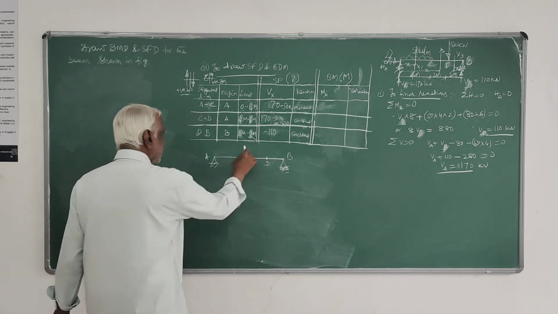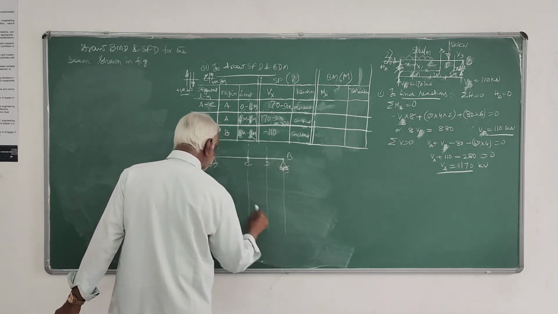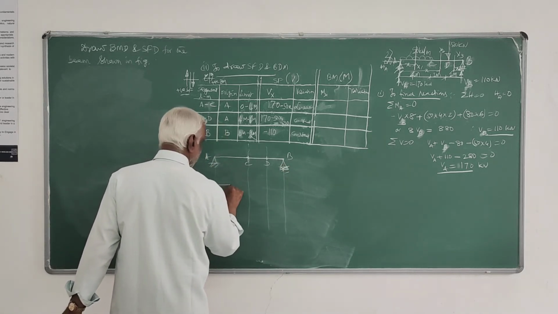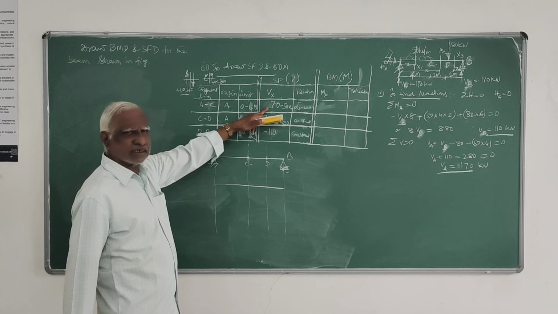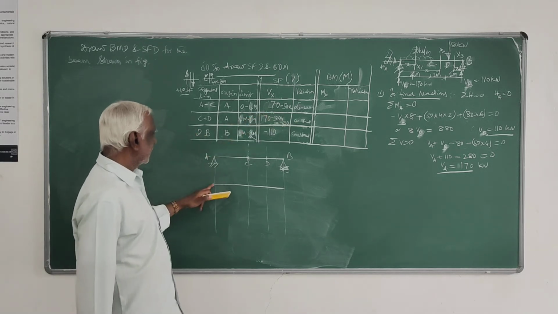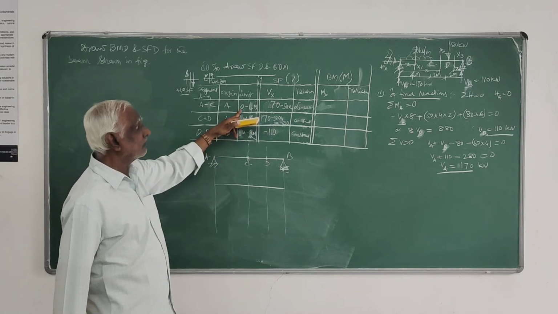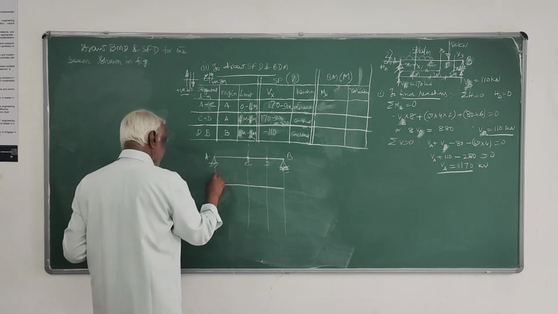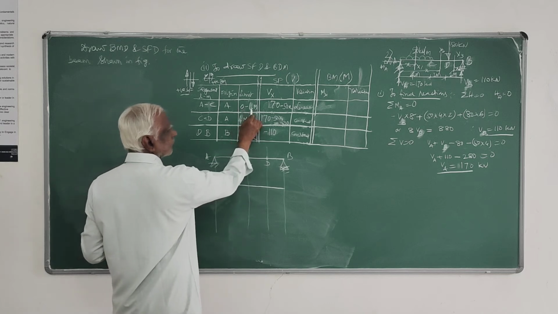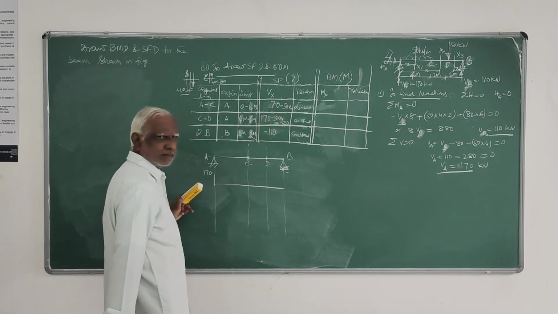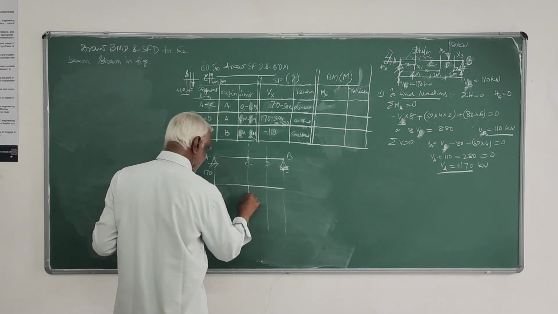These are the segments. So I will take these salient points like that. Now I will plot. These are the variations. So this is a straight line variation. This is the equation for A to C. When x is equal to 0, it is 170, so it is positive. You plot 170. Next, when x is equal to 4, it is 170 minus 30, that is minus 30. Correct? Yes, sir. Here it is minus 30.